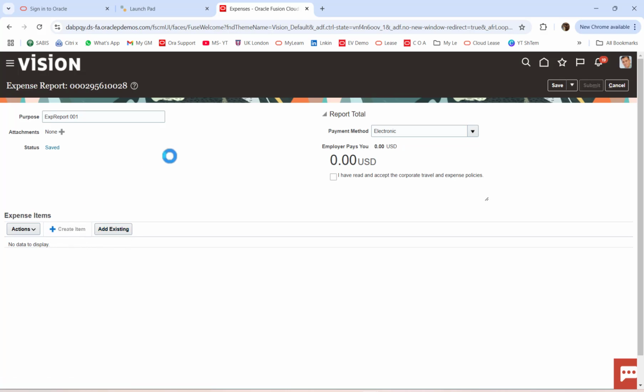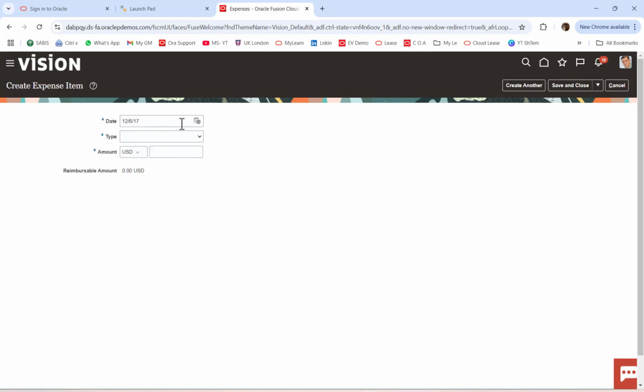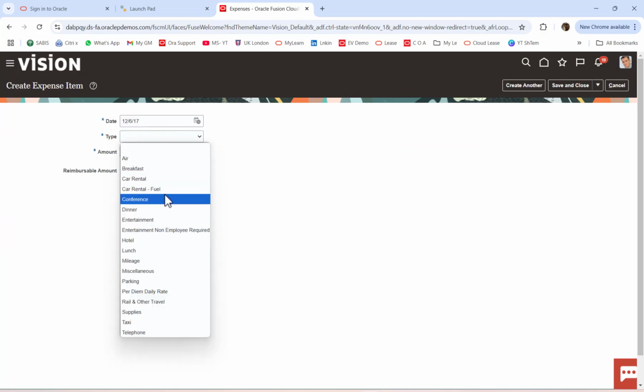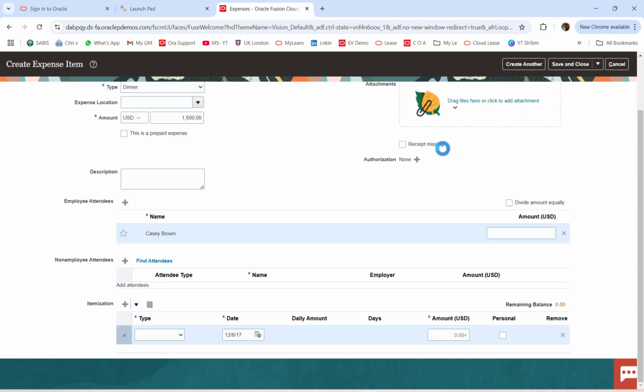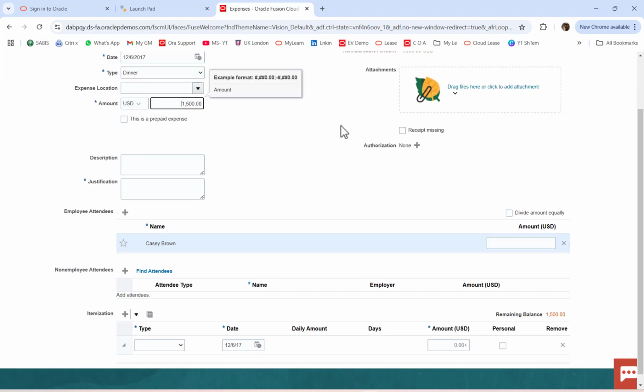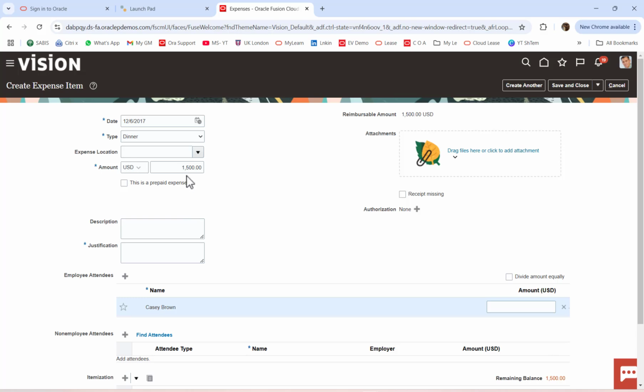If you click on create new item, system will ask you to enter the type, the date, what is the type of this. So if you can make a hotel, dinner, whatever. What is the USD amount? 1500. So you can create another and you can create a save and close. This is $1,500, so I will put dinner